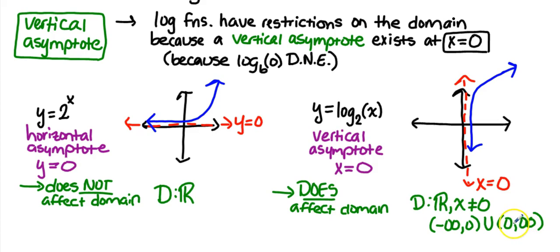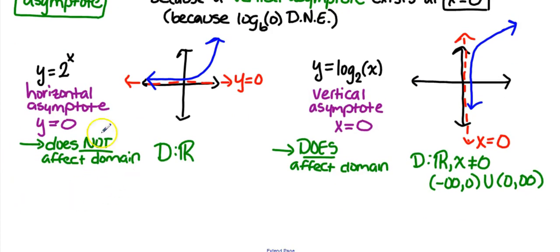So because restrictions do exist, this is going to actually mean something when we are solving our algebra. Because if we get a value for x, we have to make sure that that x value is not the location of the asymptote. Keep that in mind. We'll come back to that thought in a little bit. To summarize our little discovery here,